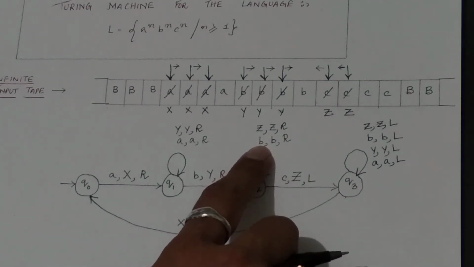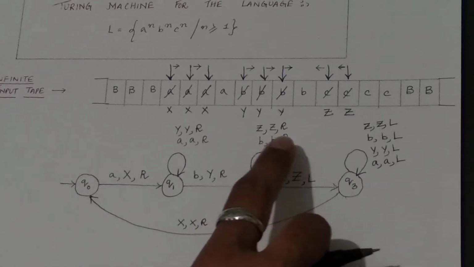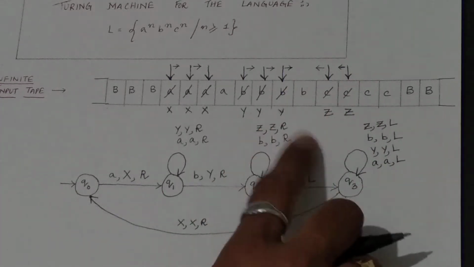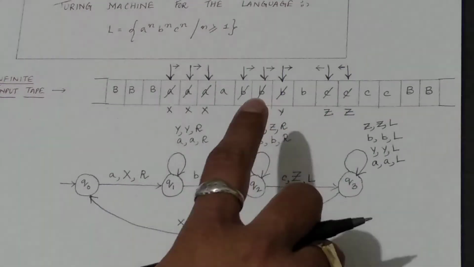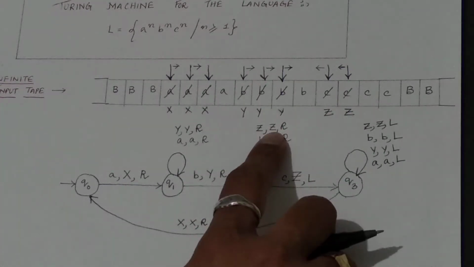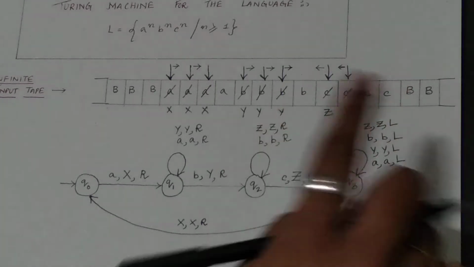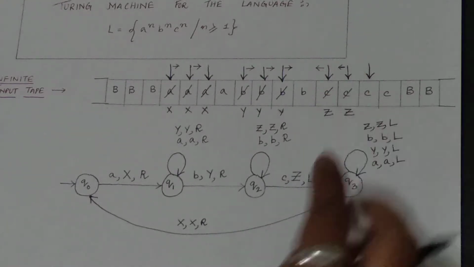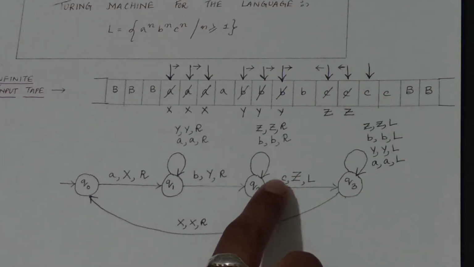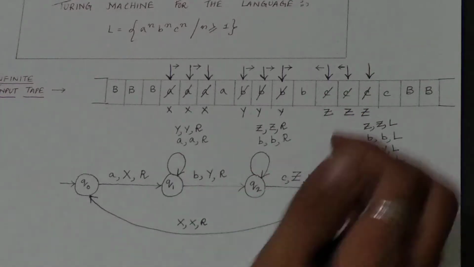If it reads B, then the tape head will replace by B and it will move in right direction, and then it will encounter what? Z. For that I have already mentioned, if it encounters Z, replace by Z and move in right direction. So as soon as the tape head moves in right direction, finally what it will reach? It will reach this C. This C is nothing but this one. So what happens, if it reads C, replaced by Z, and then the tape head will move in